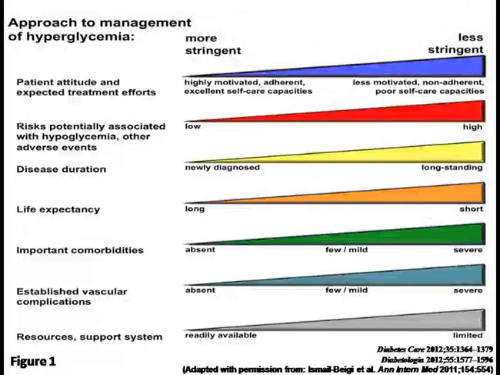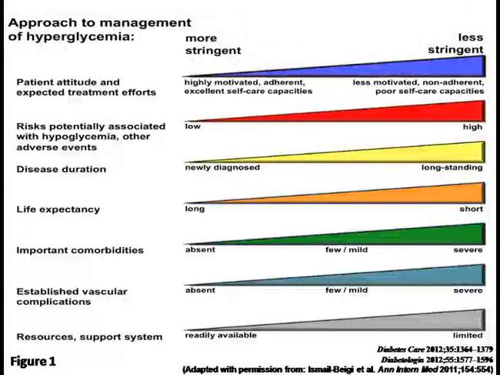So this is what we call the patient-centered approach. On your left side here, you can see the attitude of the patient, how much the patient is interested in listening to the treatment and curing diabetes, how reliable he is. So if the patient's attitude is good, and if he has got short duration of diabetes, long life expectancy, no important comorbid conditions, no established vascular complication, and if you have got a resource system and support system, I will prefer to maintain A1C of less than 6.5,